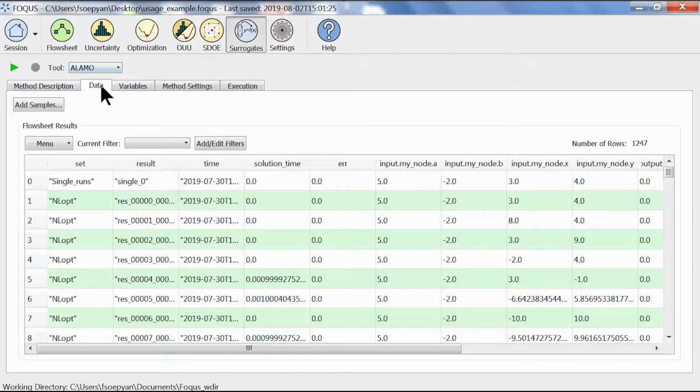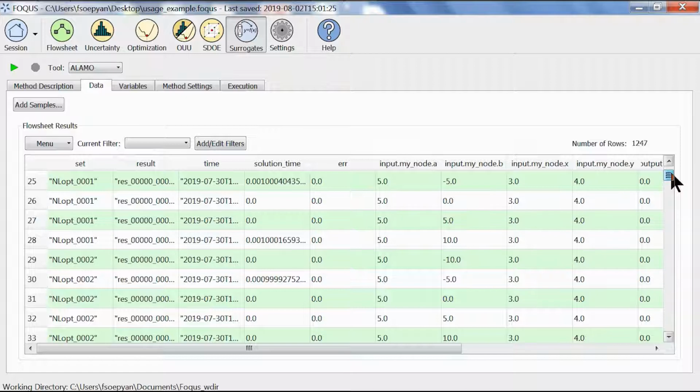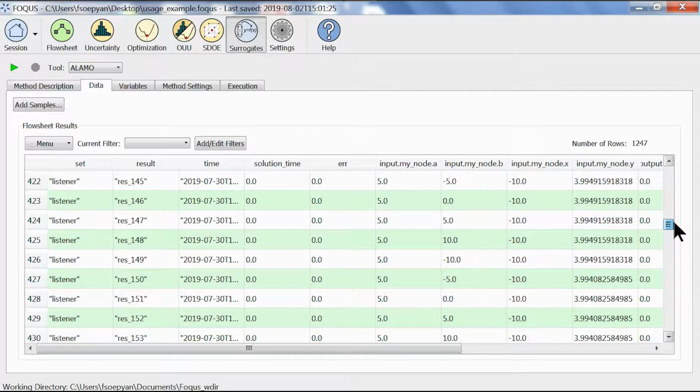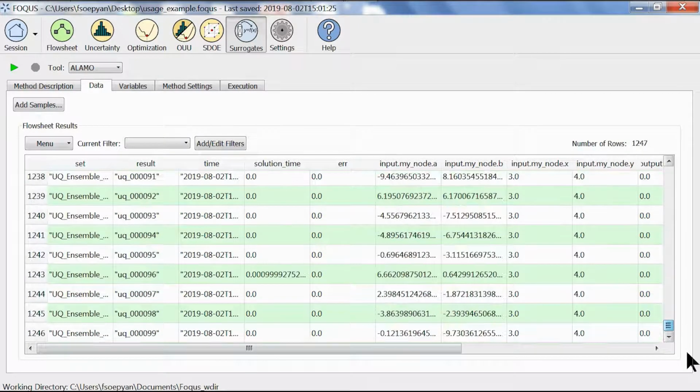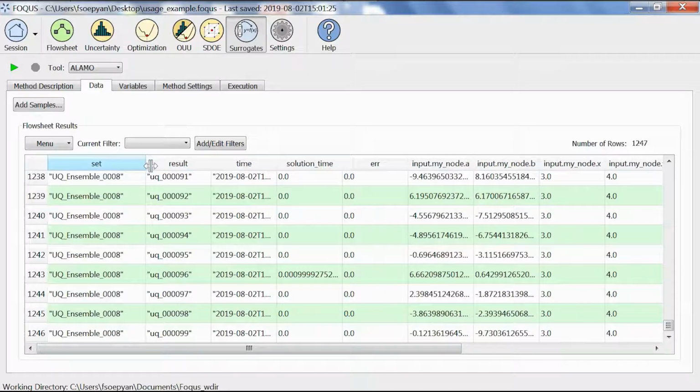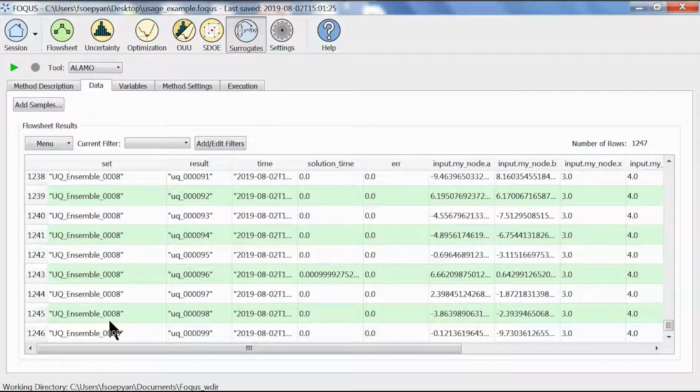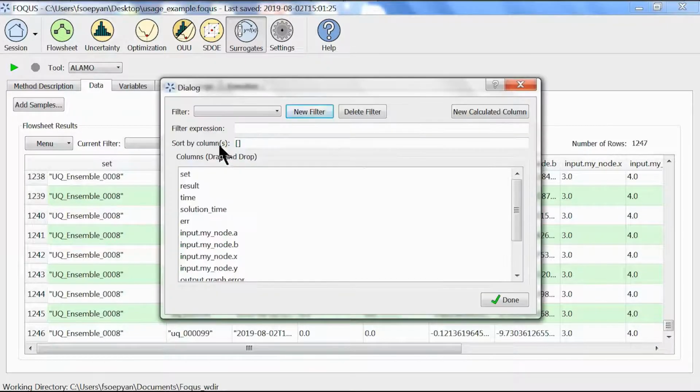For the data, we are going to add a filter where we select which samples we'd like to use. In our previous video, we generated 100 samples in the uncertainty quantification, or UQ, tab. We have these samples here under the set name UQ Ensemble 0008. So we're going to add a filter so that we only select these samples to generate our surrogate model. We're going to click the Add Edit Filters button, and create a new